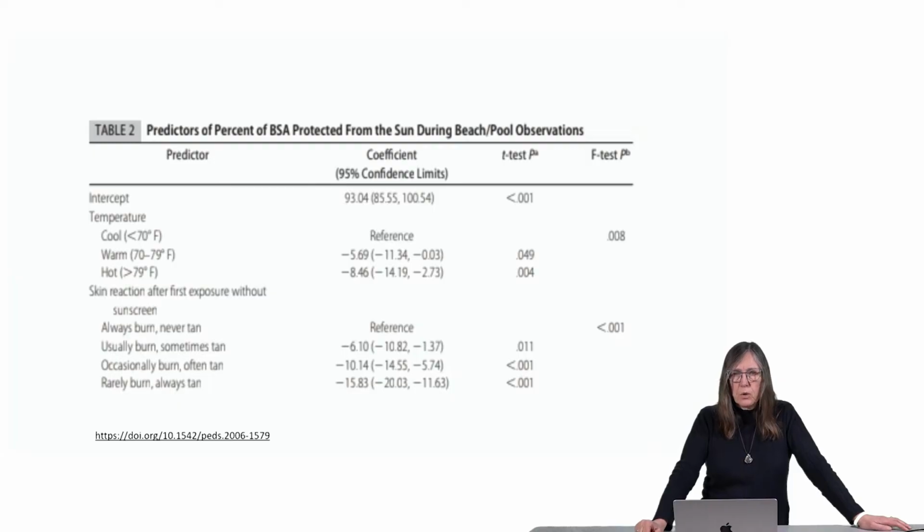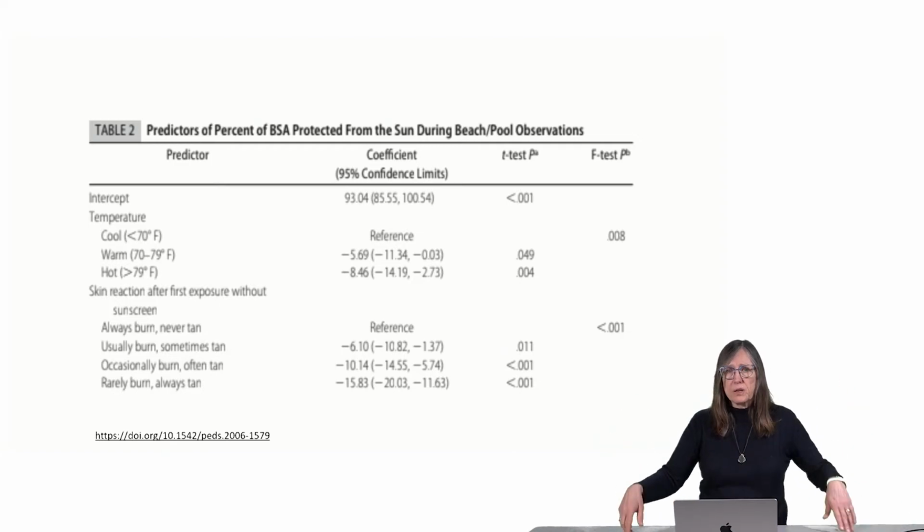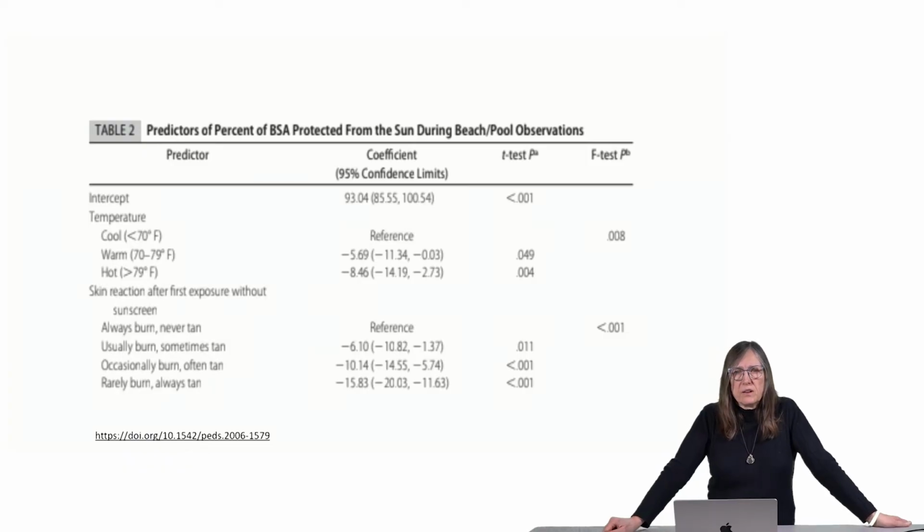So let's take a look at what that looks like. We looked at this table when we were considering t-tests as well. Got several different things going on here. The second column shows the coefficients from a linear regression model and 95% confidence limits around that, which means we are 95% sure that the true estimate of the coefficient lies between that lower bound and that upper bound. And then that really tells you your level of significance, again, at a p of less than 0.05,